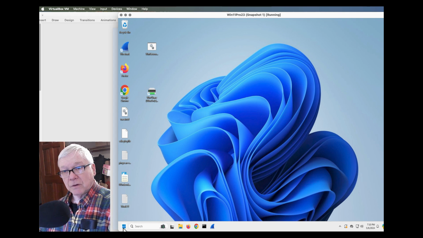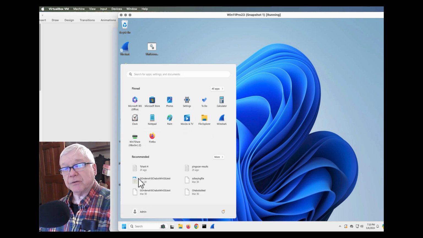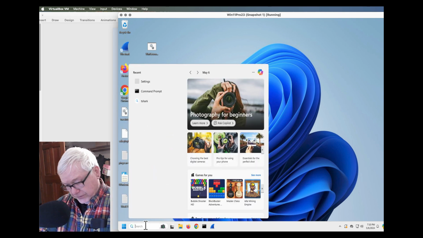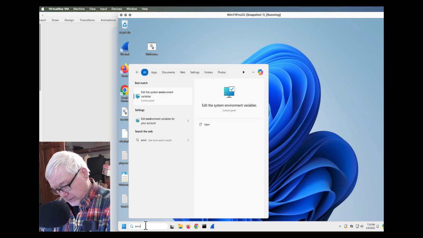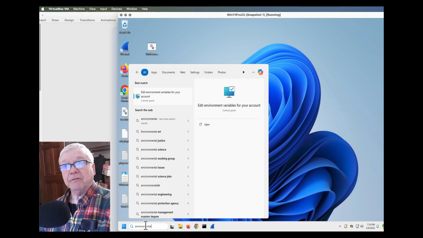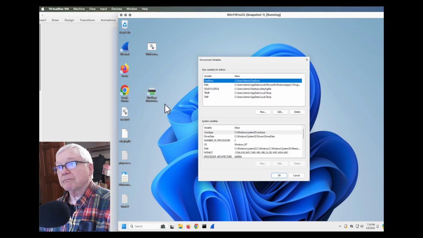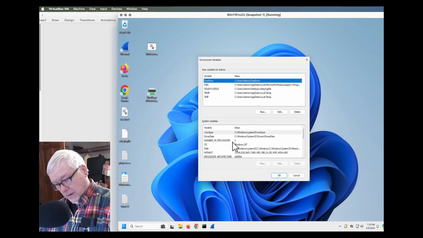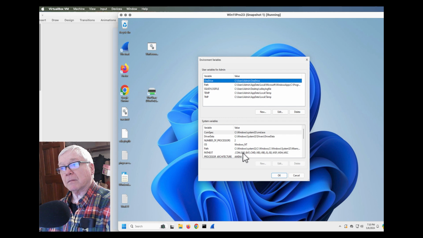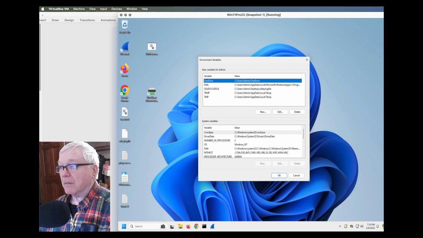So it looks something like either going to or finding, for instance, environment variables. Where are we there?